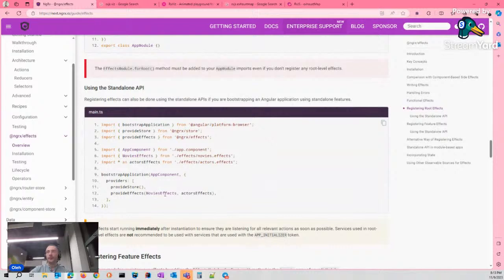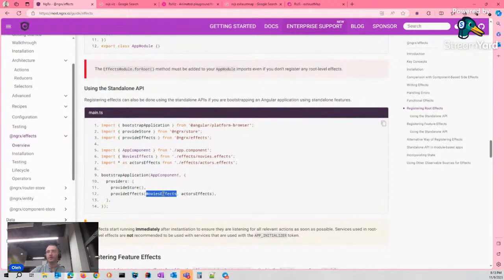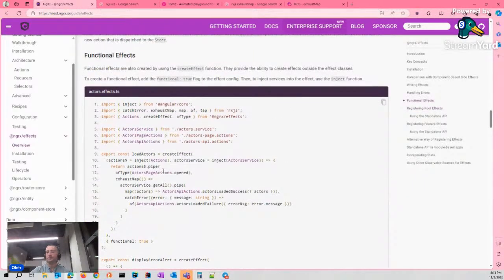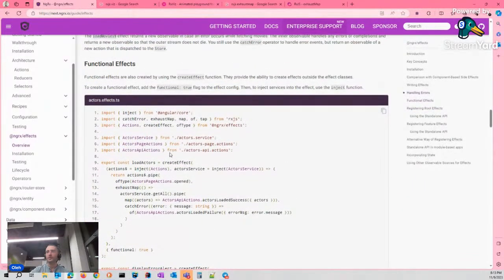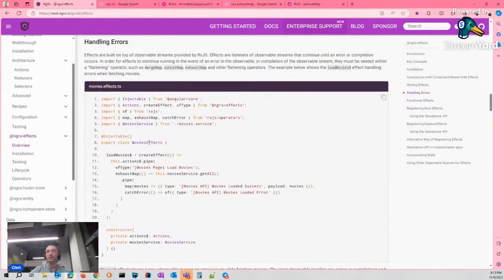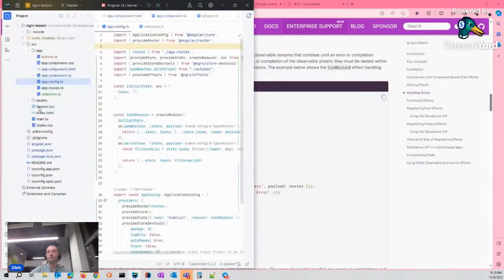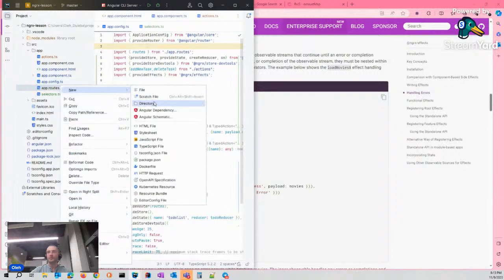Provide effects. Okay, let's create one quickly. Effects. One moment. Move these effects. Okay, let's create one with a new file.